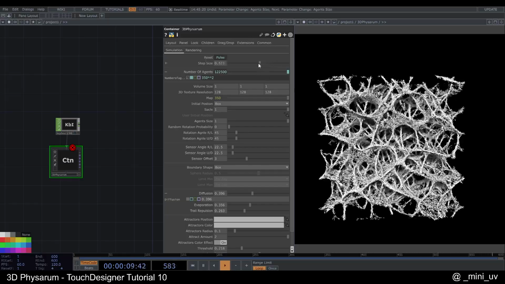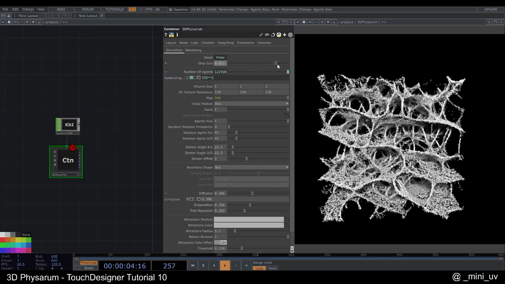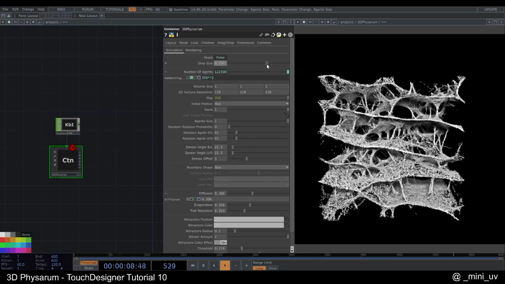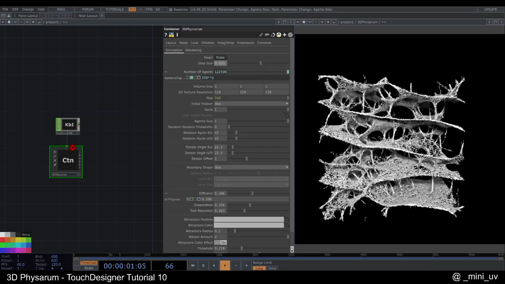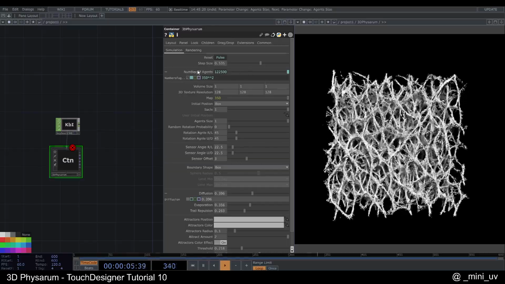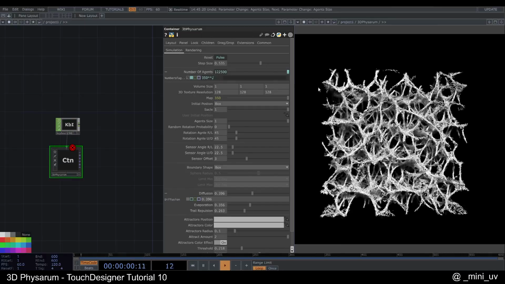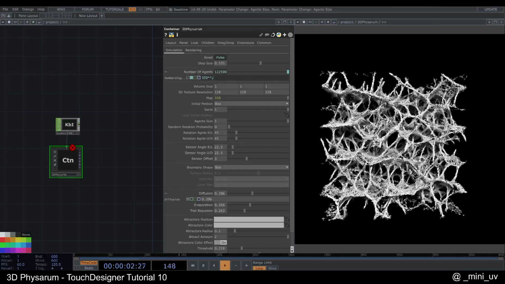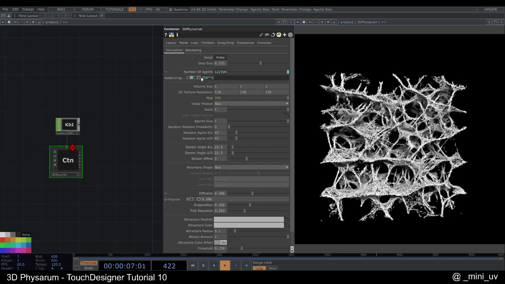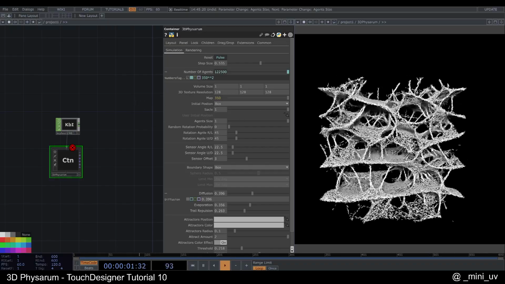I highly recommend you play around with this, because you can have different structures based on the movement, like the step size. So number of agents, currently I'm using only this number, but if you have a better computer, you can pump it up,